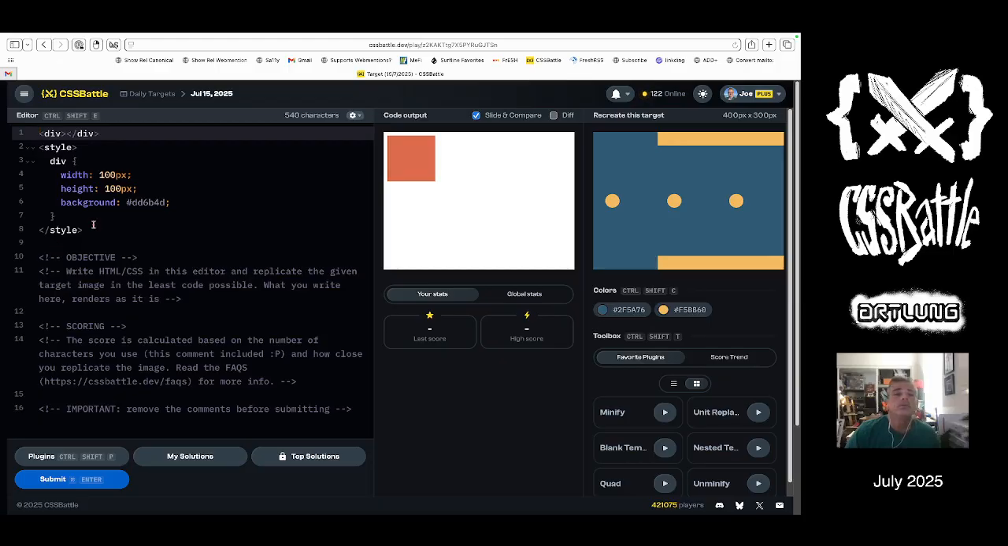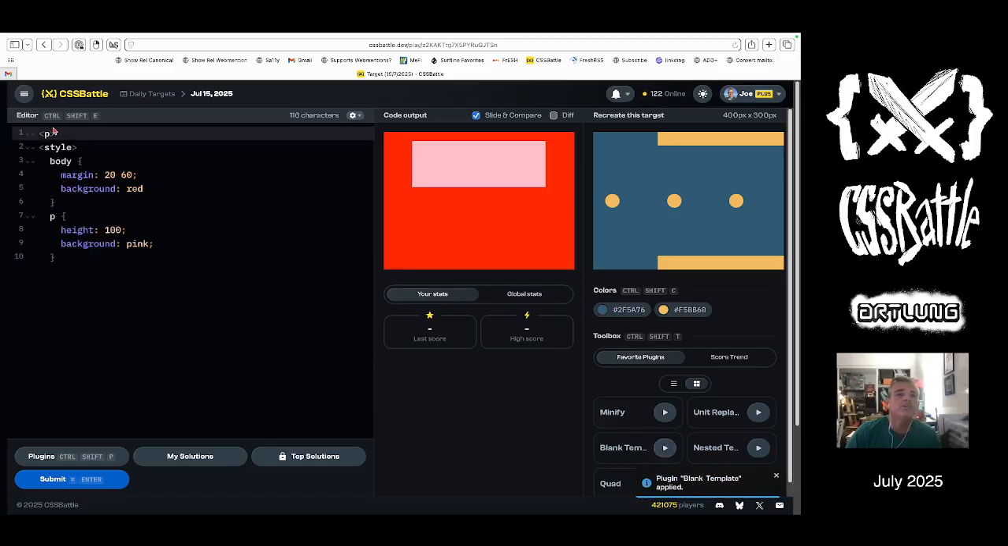All right, what have we got? It's a kind of an interesting assembly of shapes, right? We have a few shapes here. I find myself wanting to do the dots using a paragraph element that's not very tall,